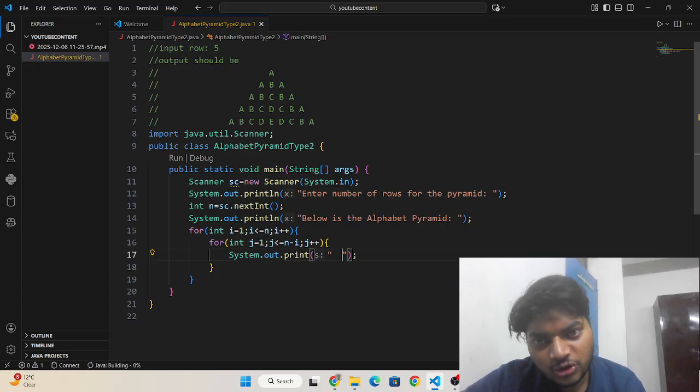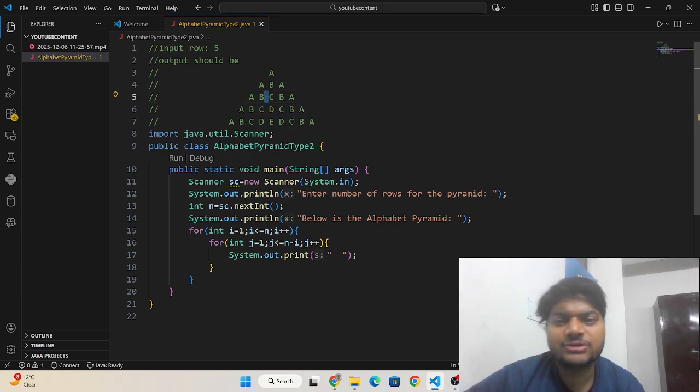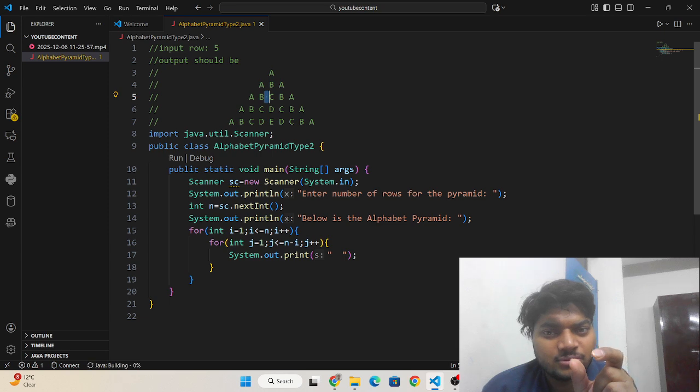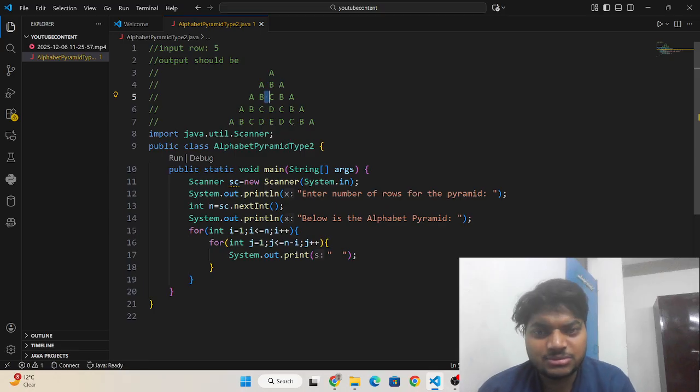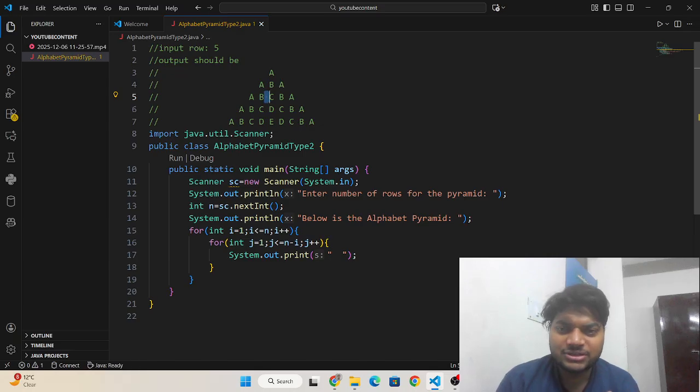Two spaces to maintain this alignment. Between two elements one space is there, so I have given one extra space: one space is used to make the elements in the shape of a pyramid and one space to maintain alignment.